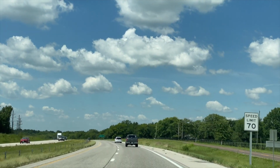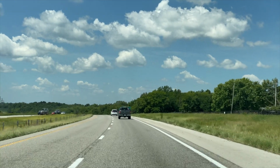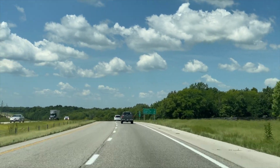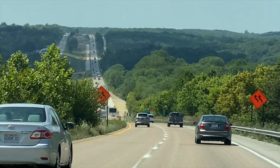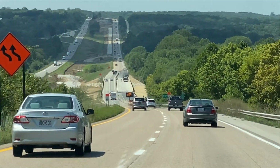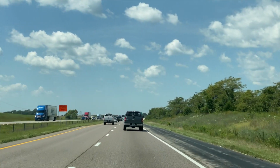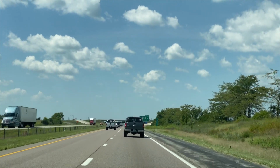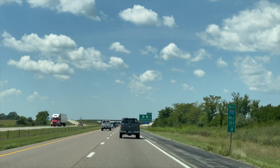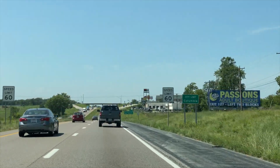Eastbound I-70, about 56 miles from Columbia. You're getting close now, 30 miles to Columbia, Missouri. It's a long straight road, a lot of traffic. We are getting off the interstate here. St. Charles Road,